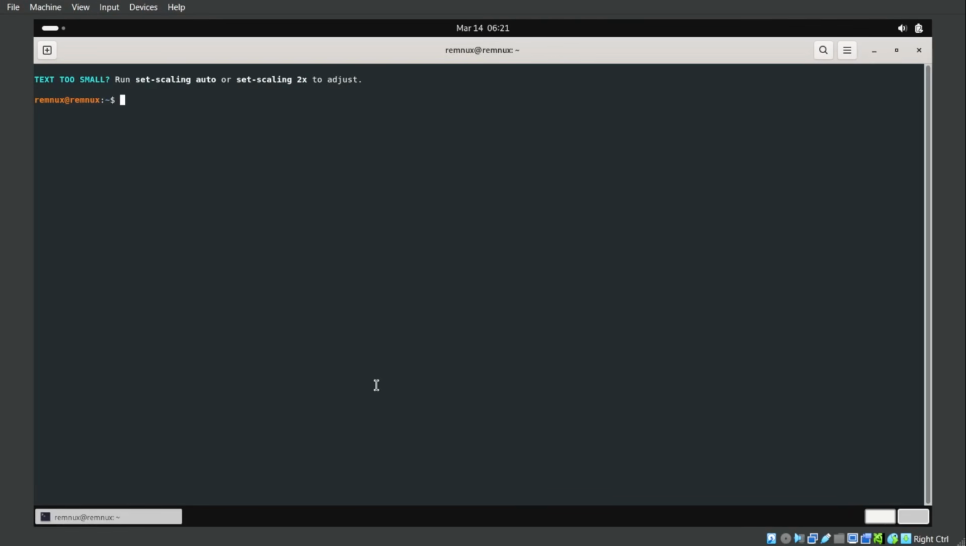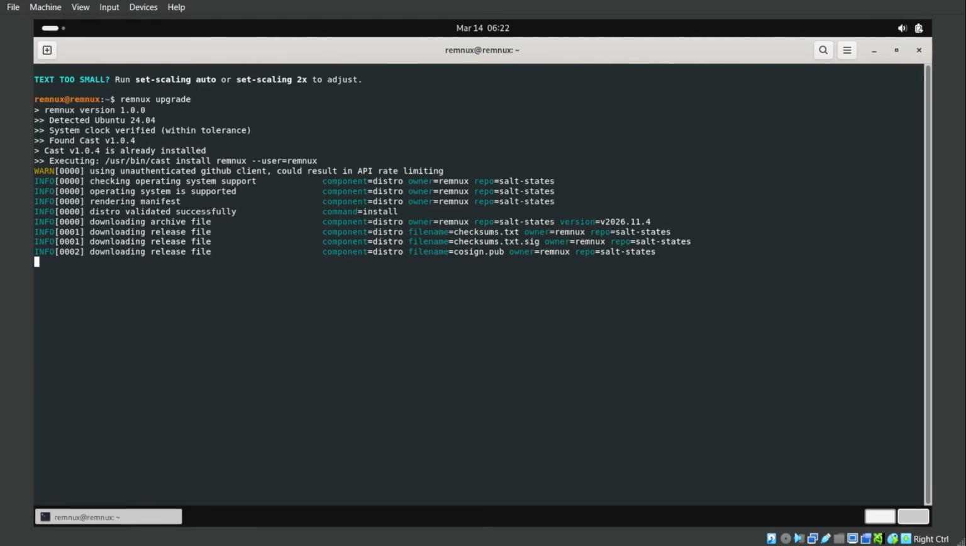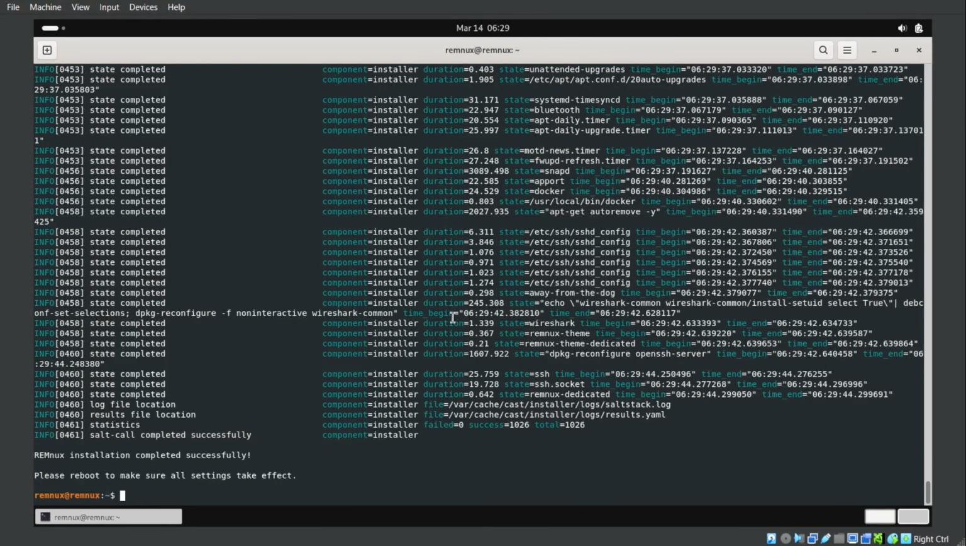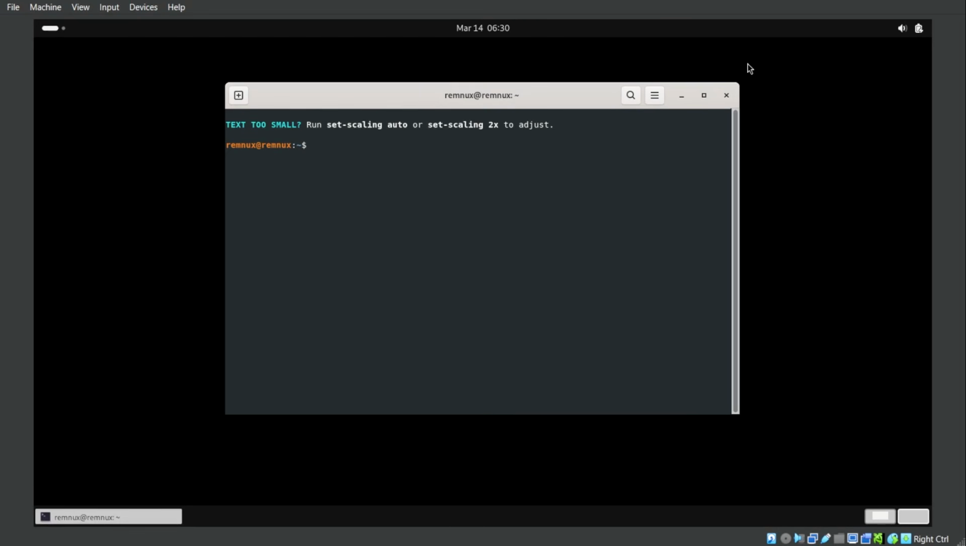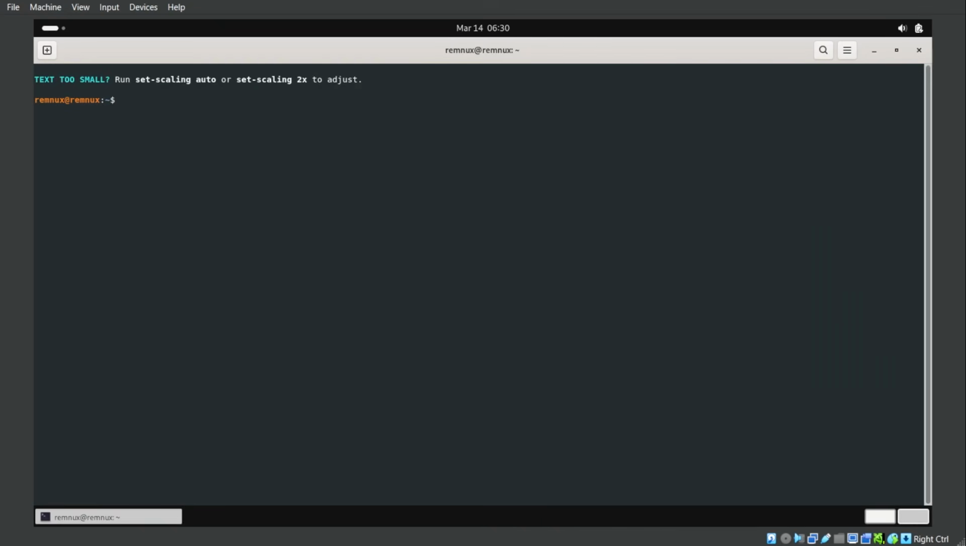Next, we are going to upgrade REMnux. We are done. It tells us to reboot, so let's do just that. Now we want to install Claude. I tested various versions of Claude and ChatGPT, and I found Claude to be a little bit better for my use cases. To do that, we run